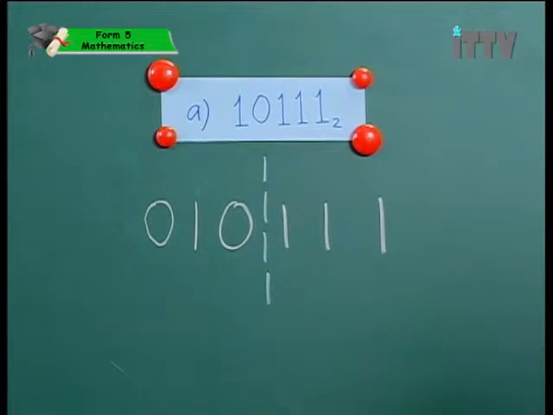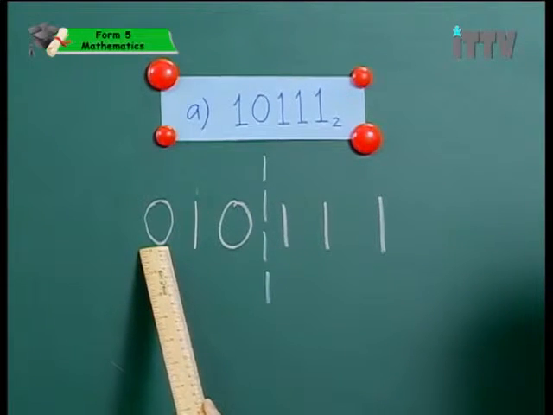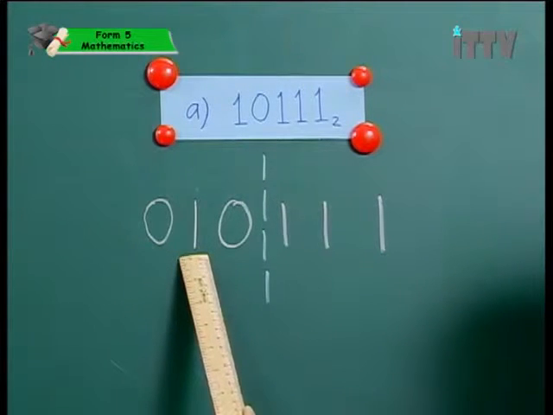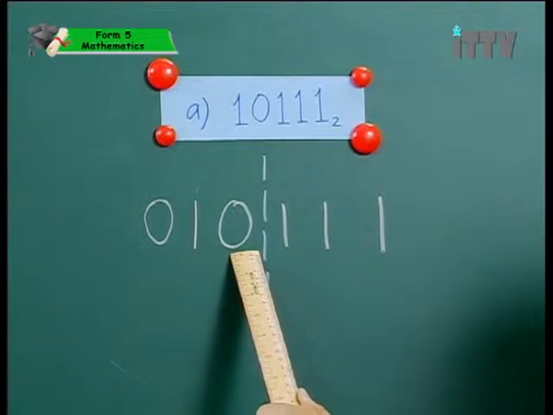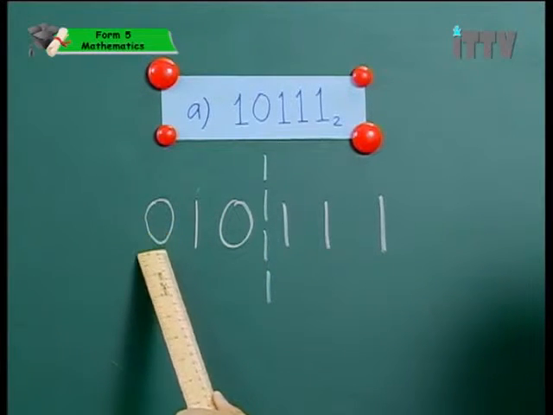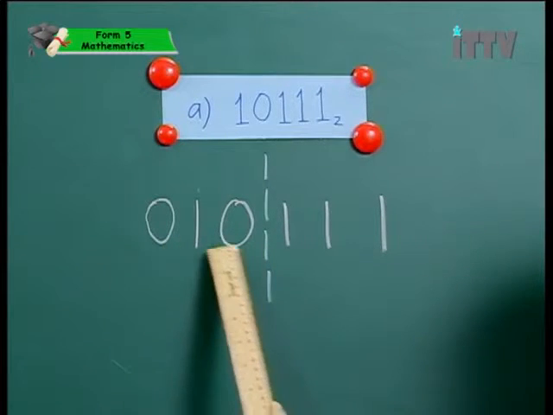Now what we have to realize is that if there is a digit 1 in this place, it will carry 4 in base 8. If it is in this place, if there is a 1 here, it will carry 2 in base 8. If the 1 is here, it will carry 1 in base 8. So look carefully. Now, there is 0 here, 0 here, so we don't have to do anything to it,